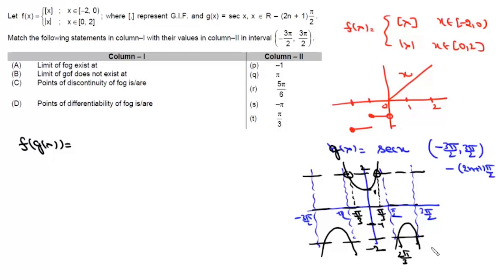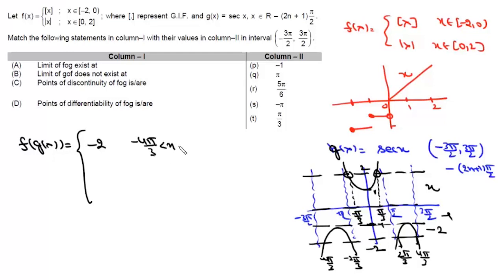And this is pi plus pi by 3, which is 4 pi by 3. And here we will have minus 2 pi by 3 and minus 4 pi by 3. When x lies between minus 2 and minus 1, this definition is minus 2. In between these two, this definition is minus 1, and here this definition is x. So we can write f of g of x as minus 2 when it lies in this interval, and x lies from